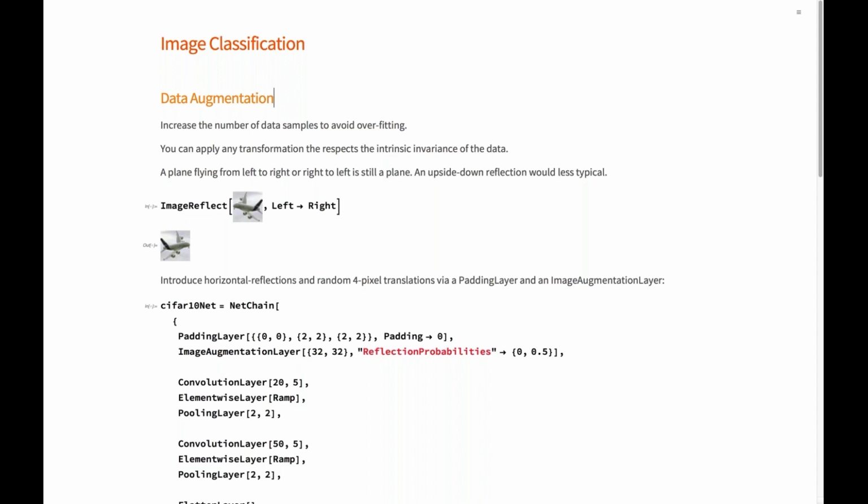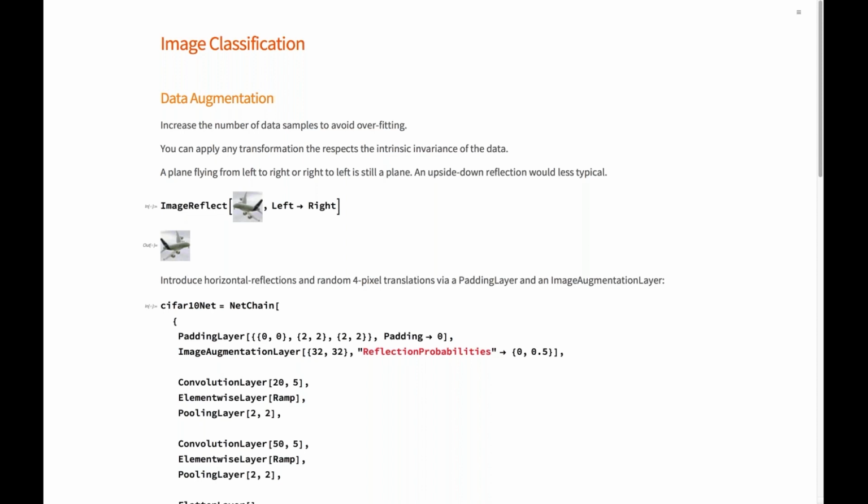changing its core meaning. If we, for example, take this image of a plane, then I could very well train also the horizontally reflected image of a plane, because it's very likely that I not just see the plane from this angle, but also from this angle. So this is a perfectly valid data point. Furthermore, by applying transformations that are invariances with respect to the data type I'm looking at, I also ensure that the neural network that I train exhibits that invariance later on, that it doesn't favor airplanes flying from left to right over those flying from right to left, for example.